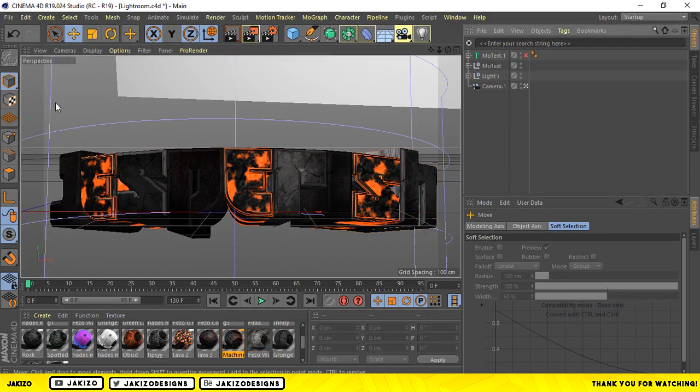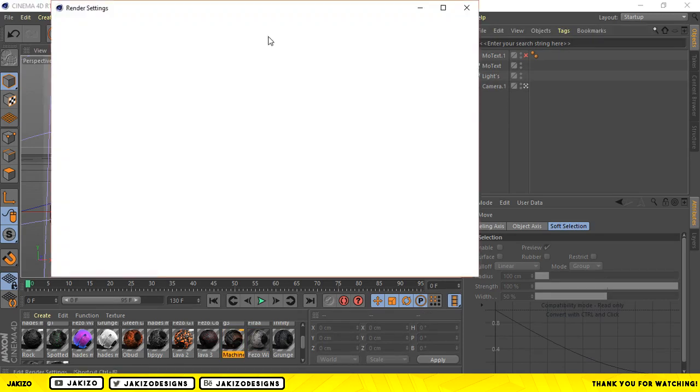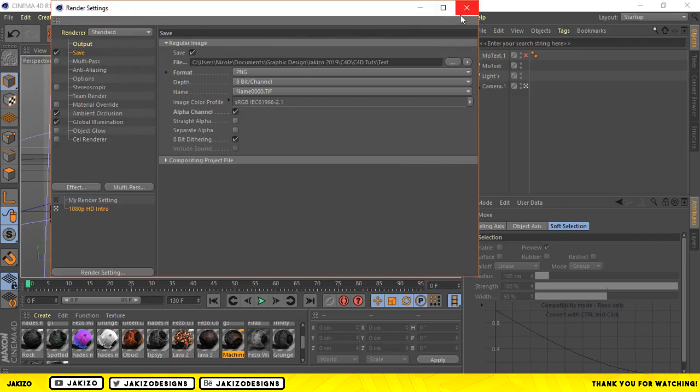I'm not going to click the preview render, because I know it will take a little long to preview it, but just to not embarrass myself. What I'm going to be doing is showing you guys how to export it. So the entire setting is here. Just click this little